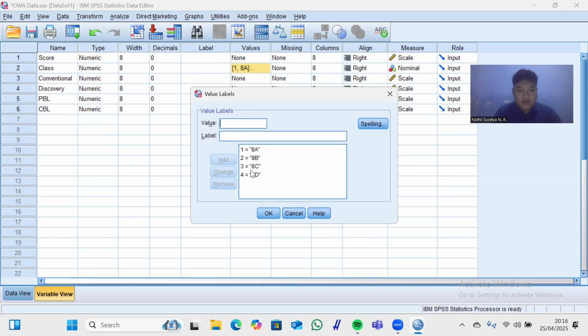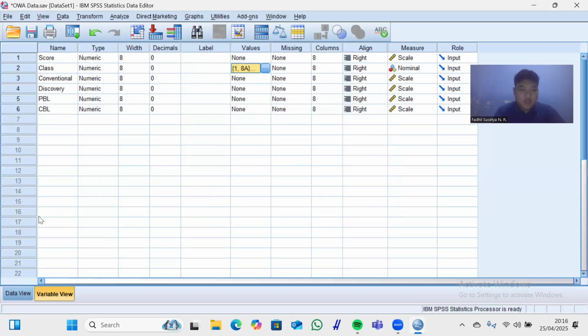For example, I want to delete this and make the example, like 4 equals 8D, and then add. If you already add all of them from 1 to 4, click OK. Now, that is all that I did in the variable view.